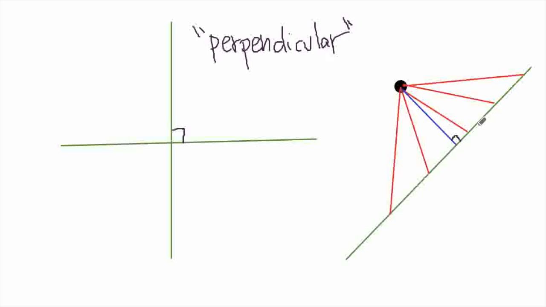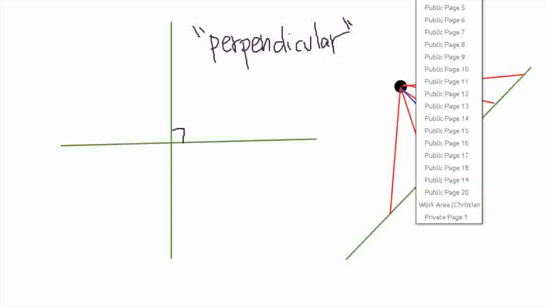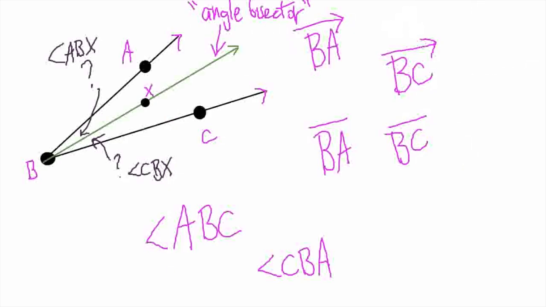Okay, and a few more terms. What does it mean to add and subtract angles? Let's go back to this right here where we had the angle bisector. When we talk about adding angles, what that means is you line up the pizza slices so that the vertices are on top of each other, and they share one side, and then you end up making a bigger angle. So for example, for what I have written here, ABX,